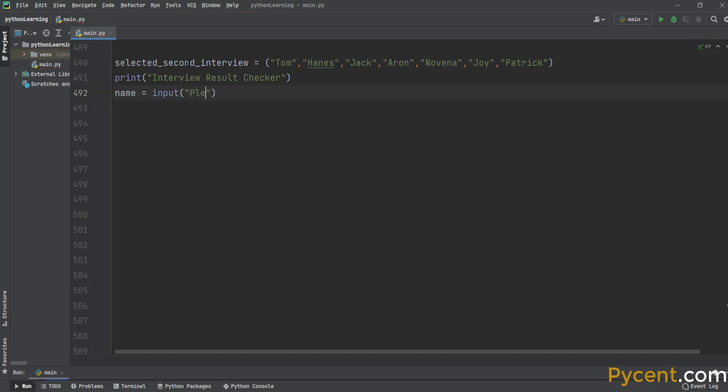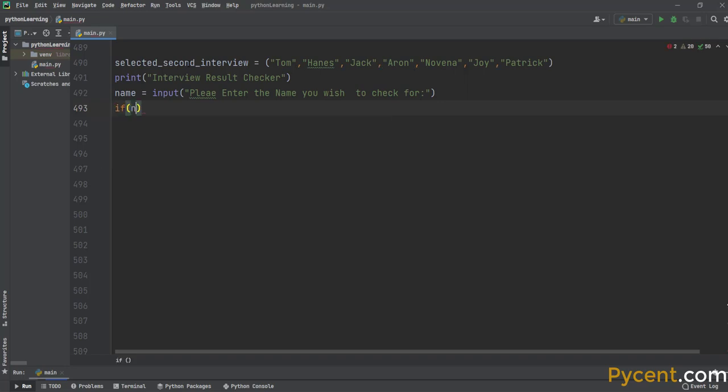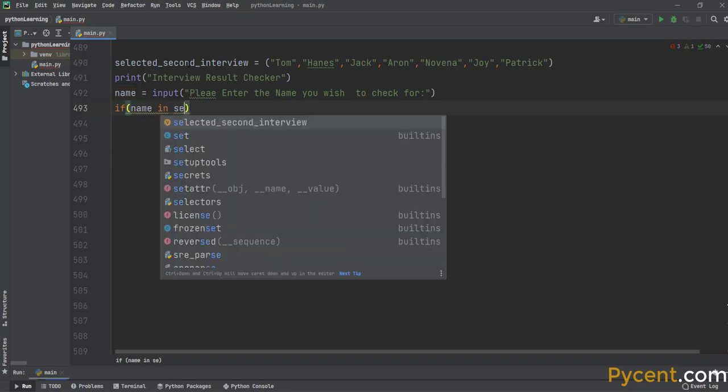Please enter the name you wish to check for. So the name will be received, and then you need to check the name. So if name in this, then